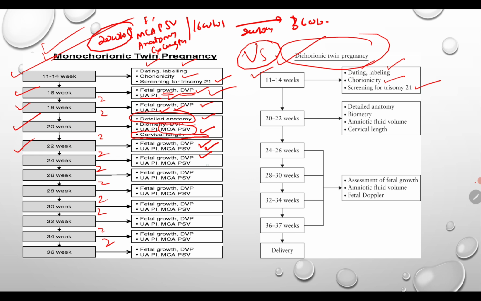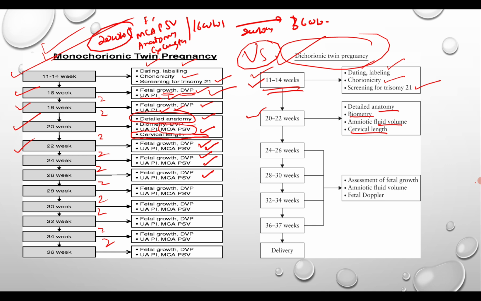Now the same thing, we continue fetal growth and deepest vertical pocket every time. The difference you can see here from a DCDA twin, that is a dichorionic twin pregnancy, is that from 20 weeks you will do a detailed anatomy, biometry, amniotic fluid volume and cervical length. Here you need not do a routine Doppler in dichorionic twin pregnancy unless there is a